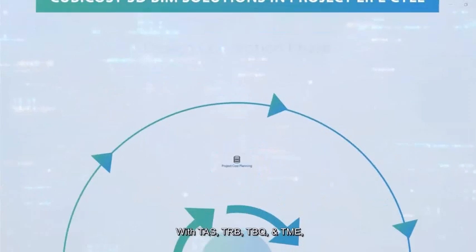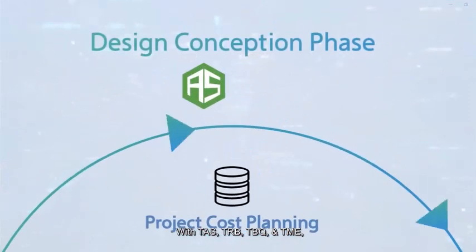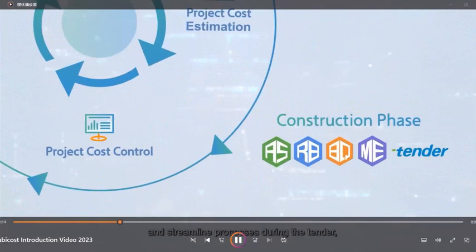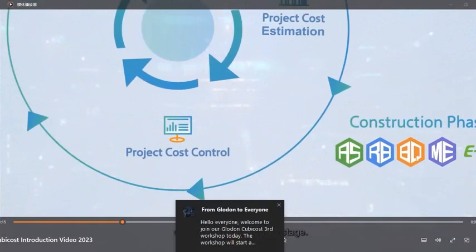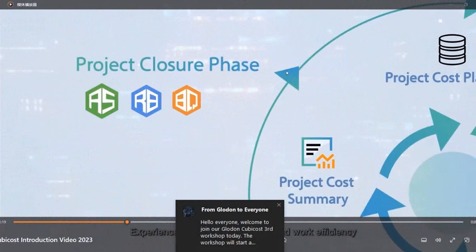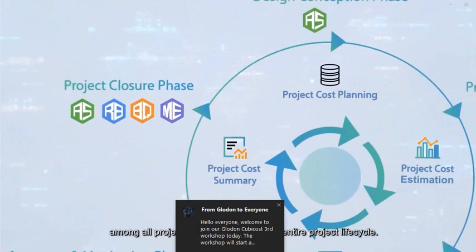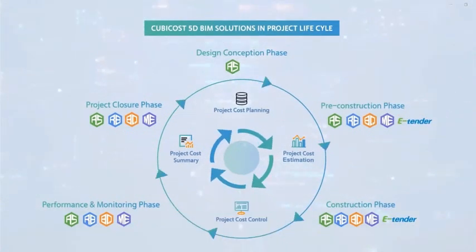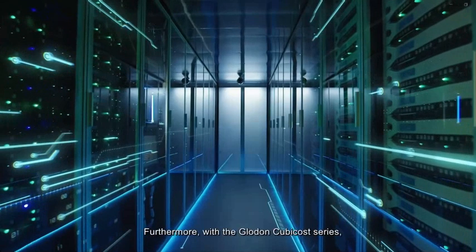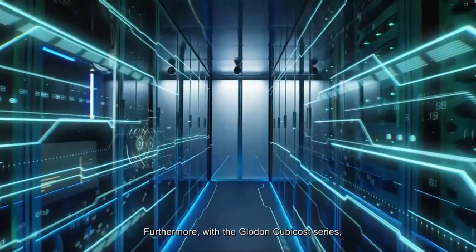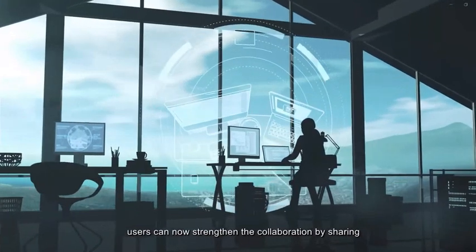With TAS, TRB, TBQ, and TME, you will be able to plan projects effortlessly and streamline processes during the tender, design, and construction stage. Experience smooth collaboration and work efficiency among all project stakeholders over the entire project lifecycle. Furthermore, with the Global Cubicost series, users can now strengthen the collaboration by sharing BIM model data online across all